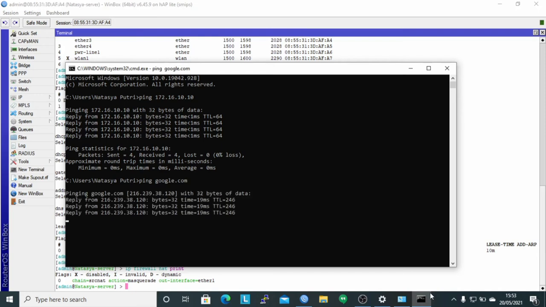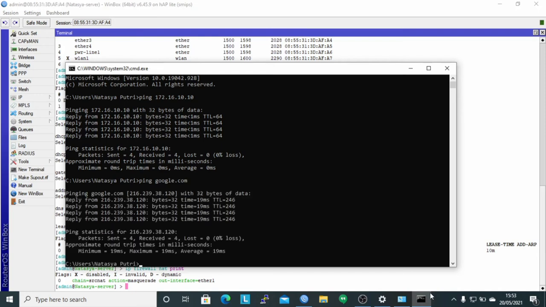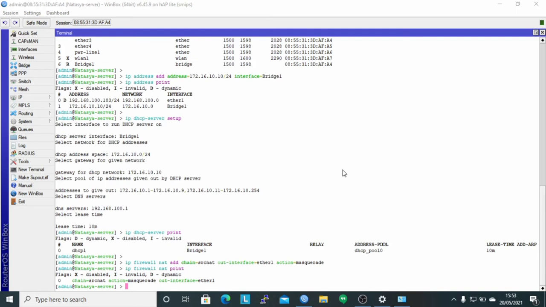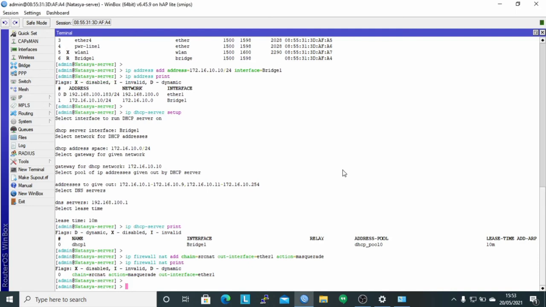It can be seen that the result is reply, meaning the client is connected to the router server and connected to the internet.